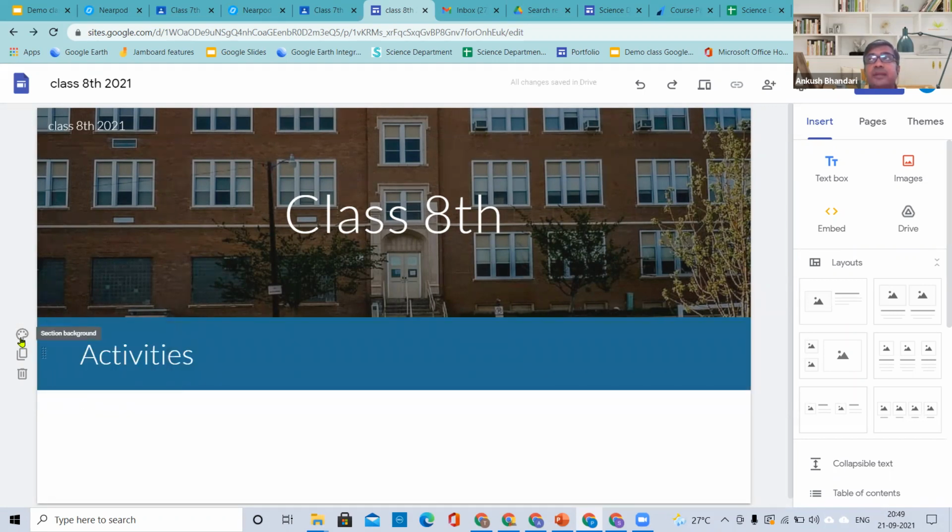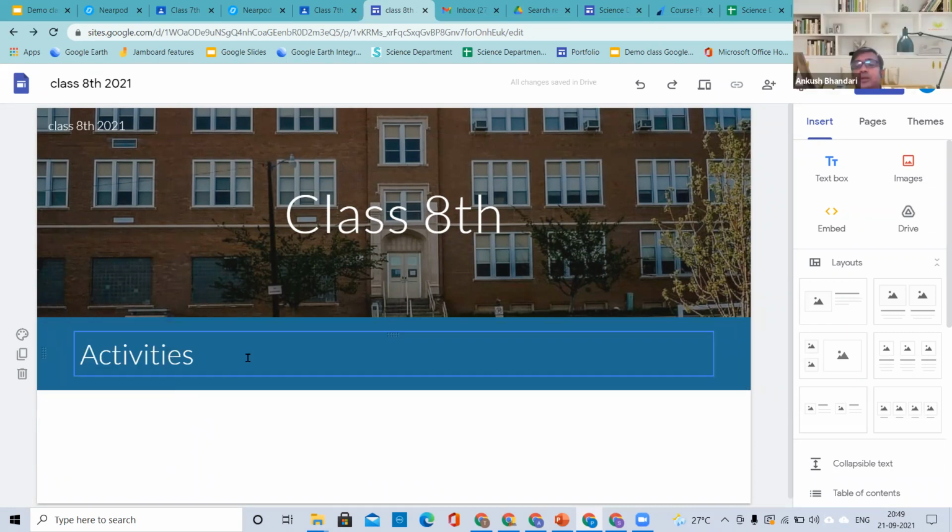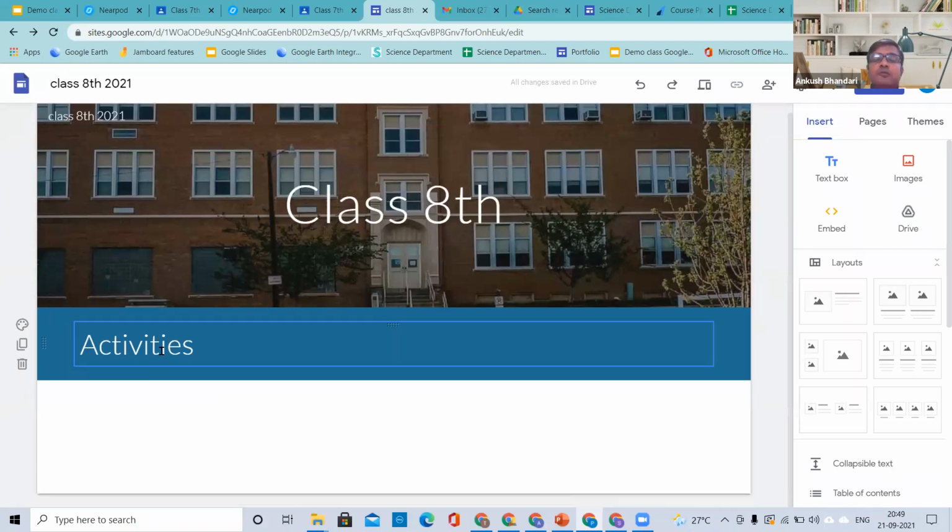Don't select emphasis number 1, select emphasis number 2, and you will be able to change the color. So now we have changed the color of the box, right? Some of you want to change the color as well, so we'll see how to change the color of this box after some time.